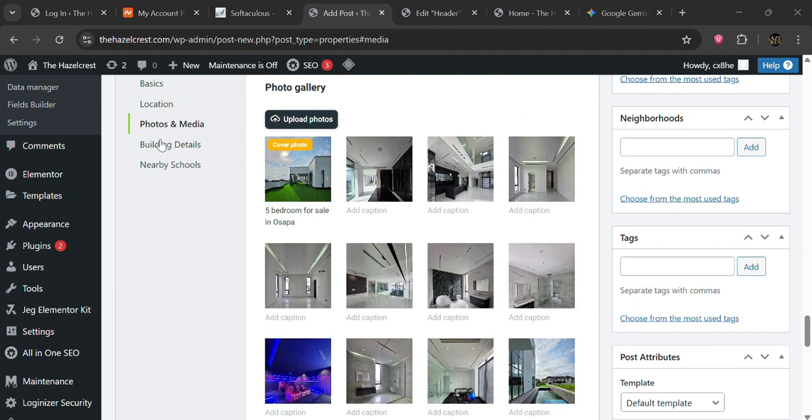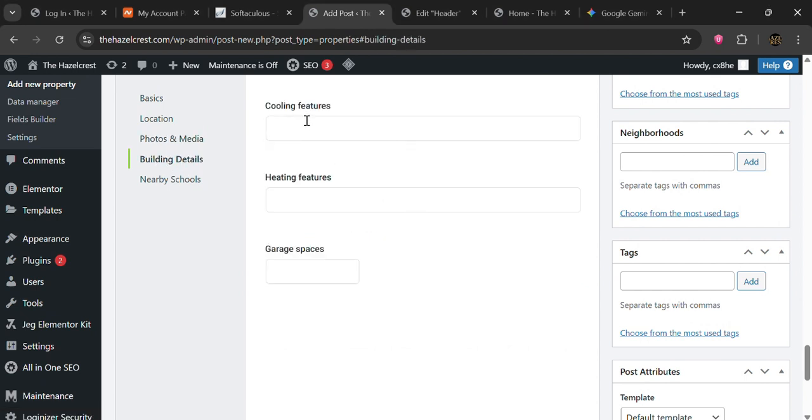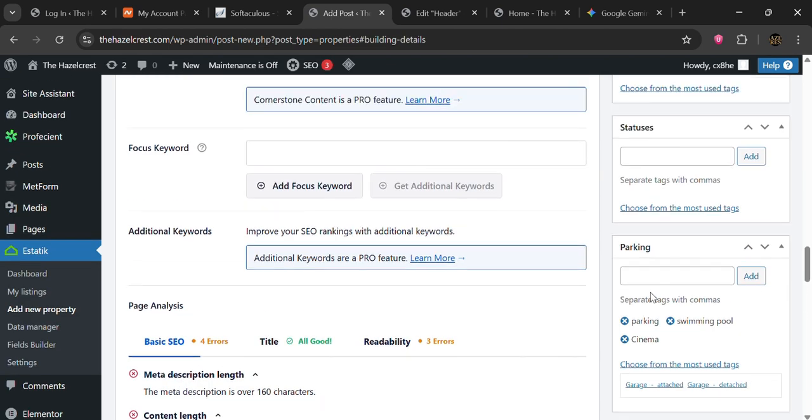Okay, so the next thing here will be the building details. If your building has a cooling feature, you can input it here. Heating feature, you can input, the garage space, the number of garages. This accommodates up to 5 cars, so you just leave 5 there. Right, then you can look at the left hand side